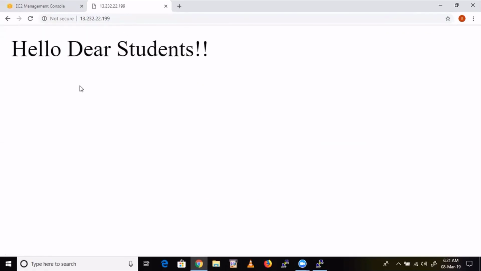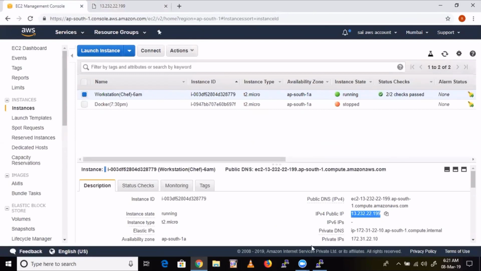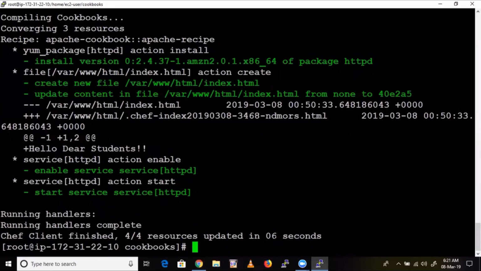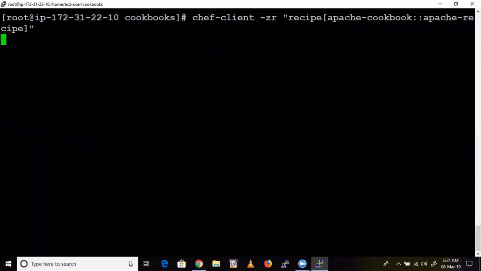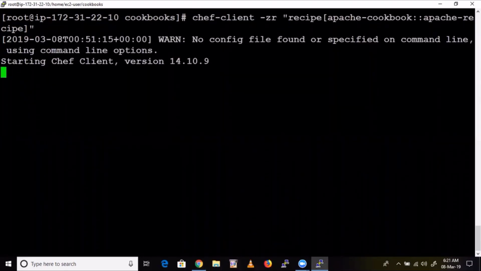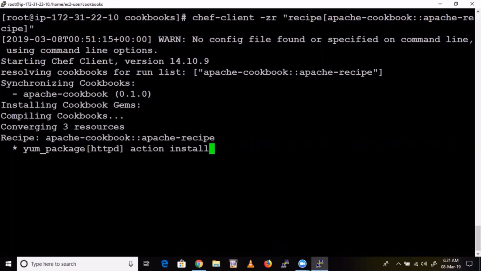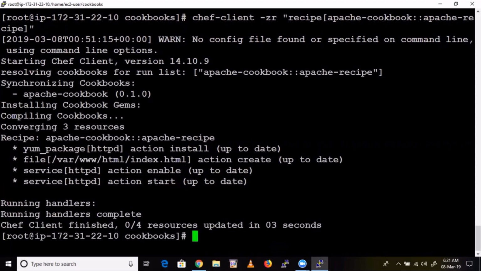See here, you can see that web page. Now if I rerun this one, it won't do any action, right? See here, I'm rerunning this one. It won't take any action because everything is there. Package is there, file is there, content is the same. Okay, that's all.